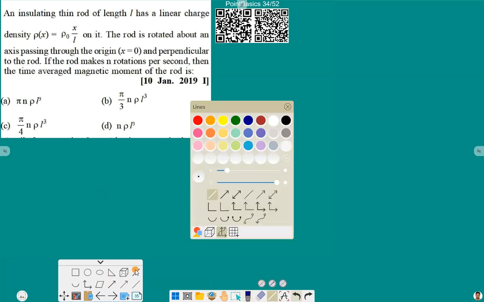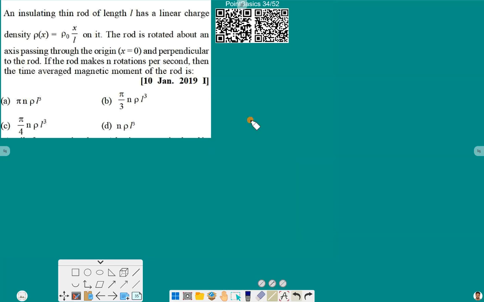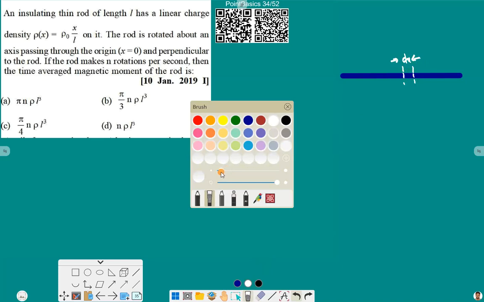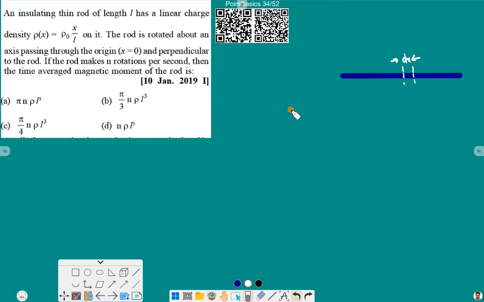So let's suppose this is our rod. What we do in this type of scenario is choose a small element of this rod. Suppose we consider a small element of this rod that is of thickness dx, and this element,